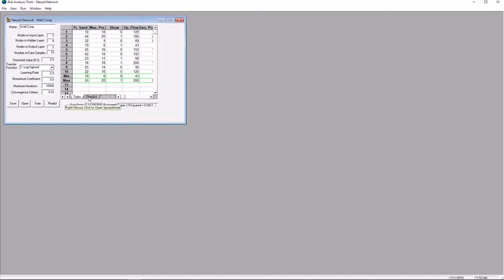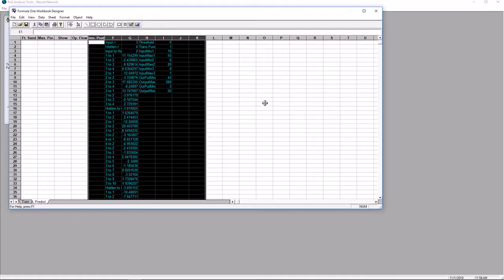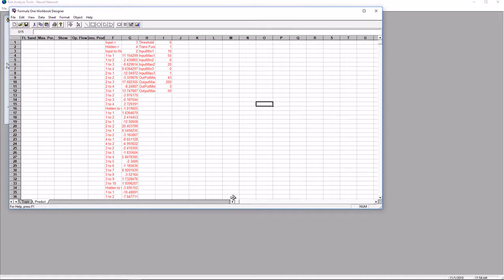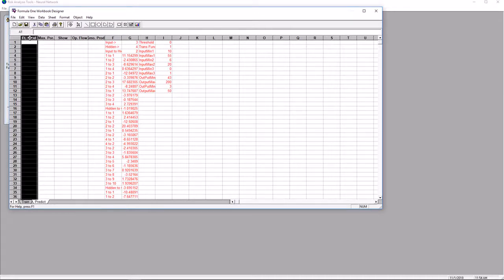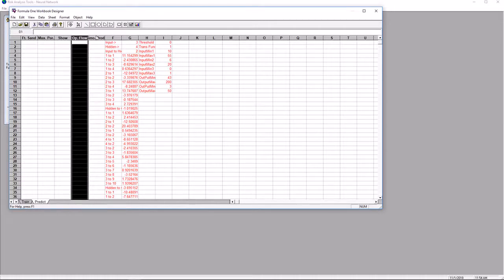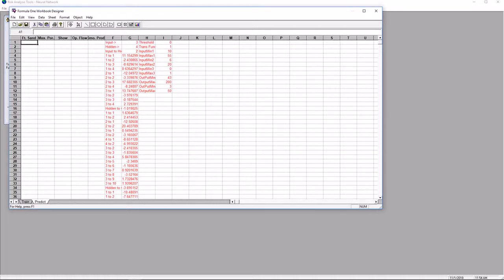So we hit predict. There we go. Okay, so we right click here to open it up. Now this is already gonna be there, so we just need to fill in the columns: feet of sand, porosity, show, and so on, and we will be able to predict from there. So, now that we've trained the software, we think, based on our initial studies, that we should have about 35 feet of sandstone in our well. But now we need to know what porosity values and what show, the 0 or 1, we need to